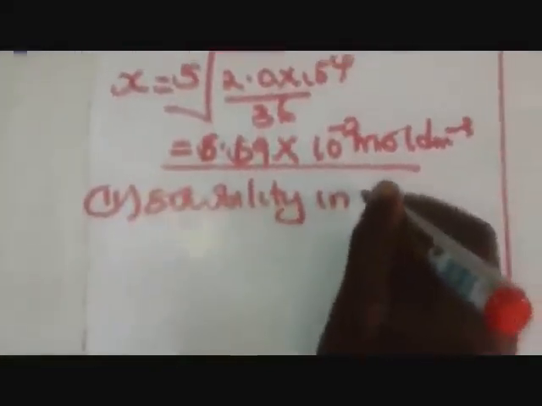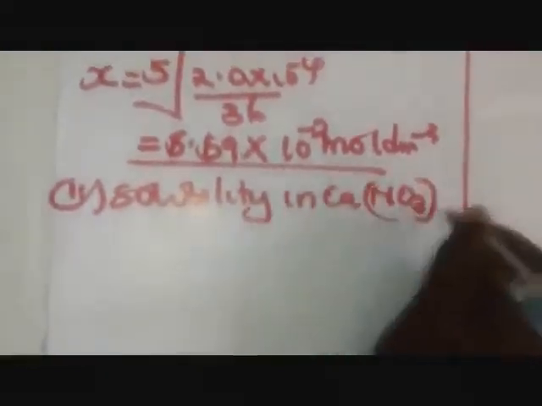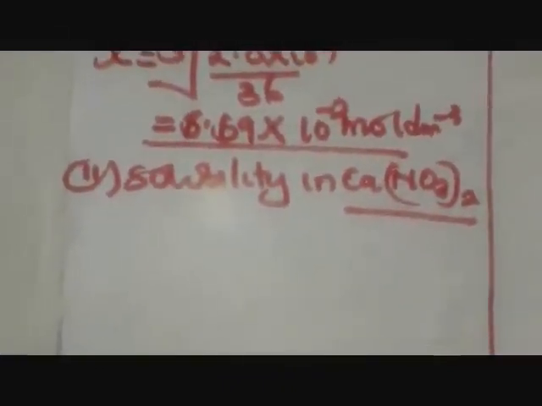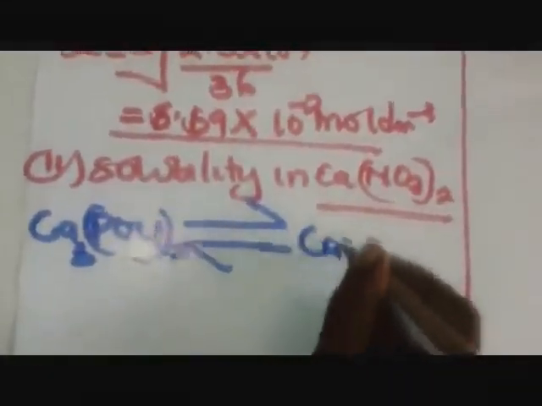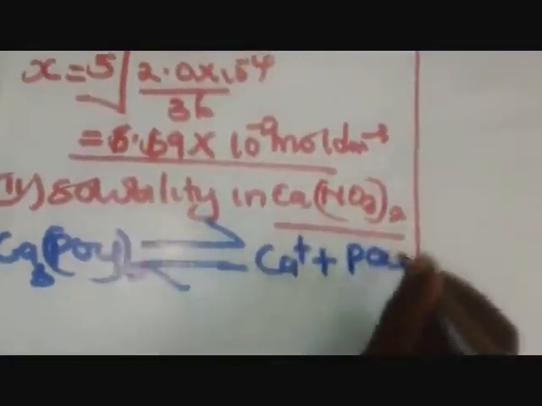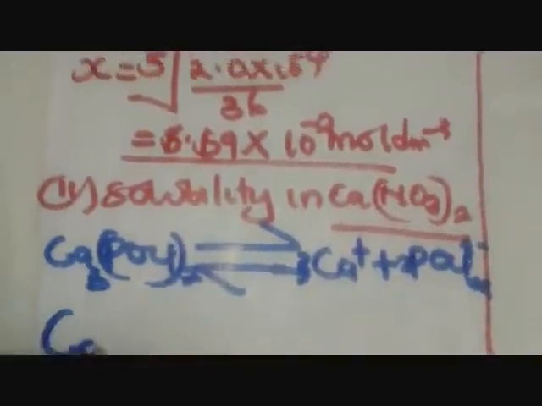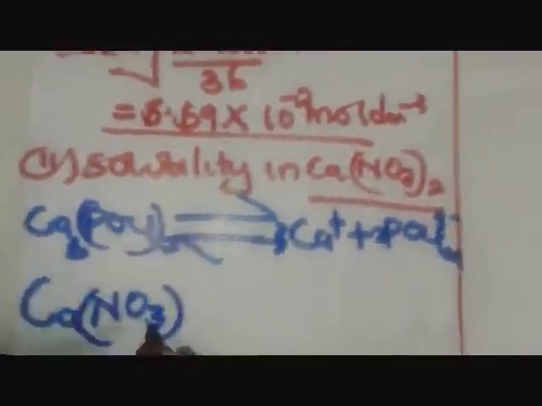Solubility in calcium nitrate. So here we are going to apply the common ion effect idea. Now as you are applying it, you are going to write the equations as we said. So you have calcium phosphate like that, and it's breaking down to form the calcium ions plus the phosphate ions. But our phosphate ions have been 2 and our calcium ions are 3. Then we bring the other salt which is soluble, that is calcium nitrate. Don't forget that. And in our equation, we put our state symbols properly like that.